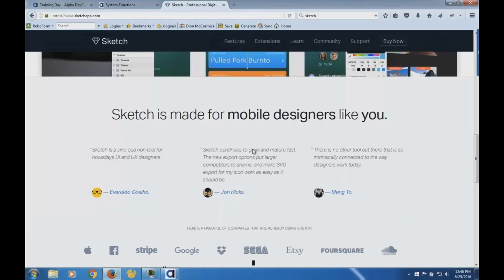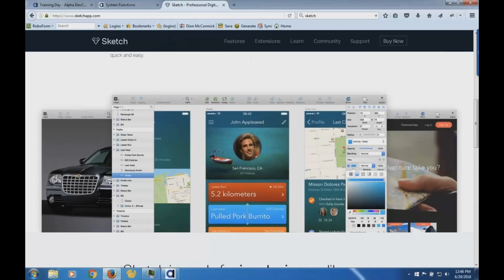So the answer is absolutely yes. We don't have a preset workflow on how to do that, but again, we just take in images and CSS that is generated by these different technologies. So check out Sketch. It's a very powerful solution and being adopted by more and more graphic designers since it's really optimized for building mobile applications.